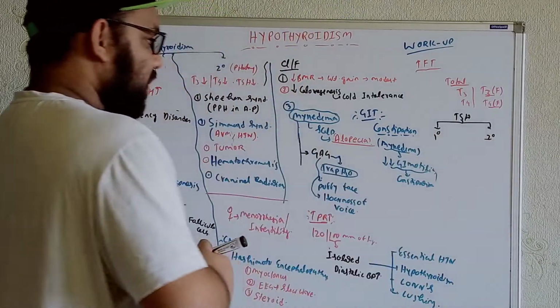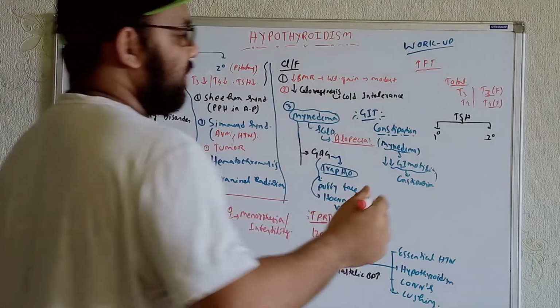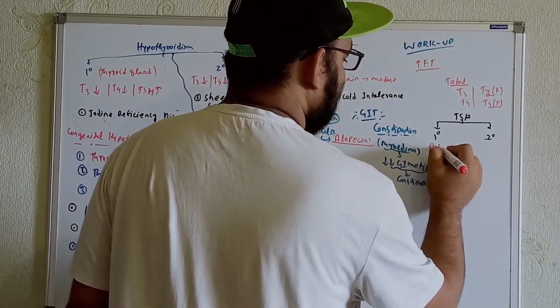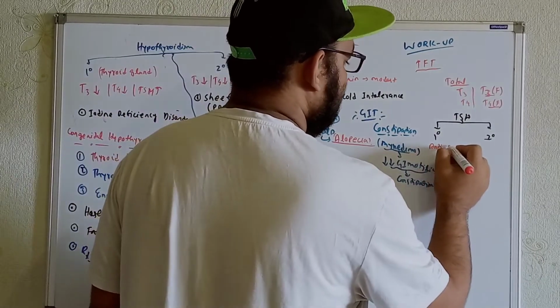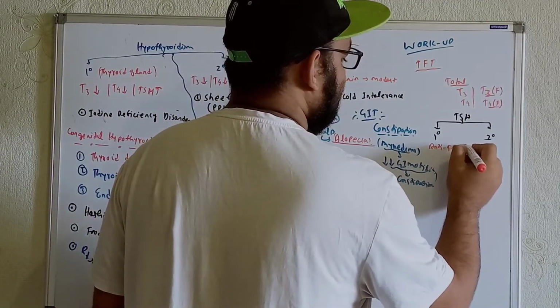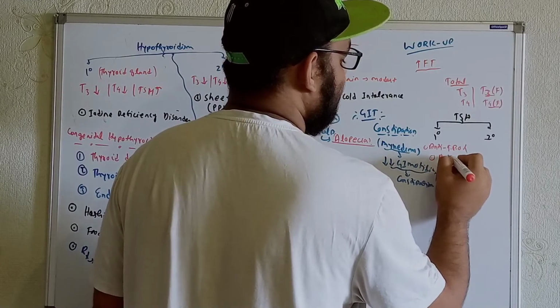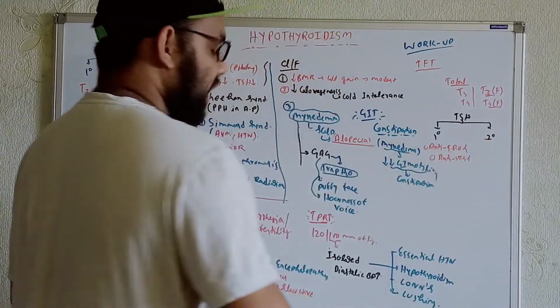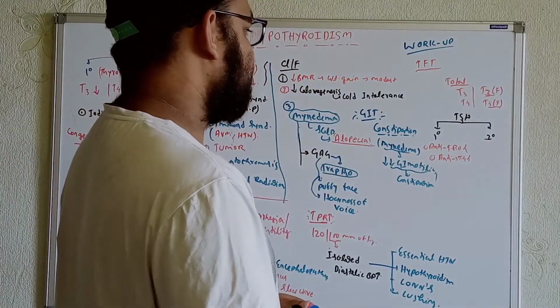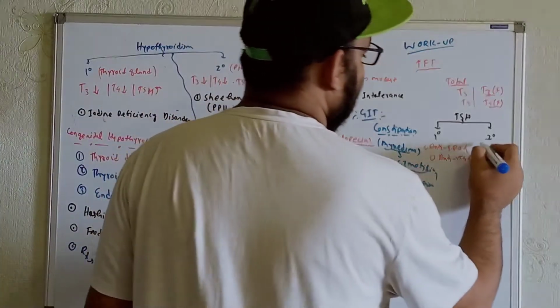If we get the primary problem, we can use some kinds of antibody, for example the antithyroid peroxidase antibody, or you can use the antithyroglobulin antibody in this case, just to check these things. And in terms of the secondary, if we suspect the secondary problem, then you can just do the MRI of the neck.